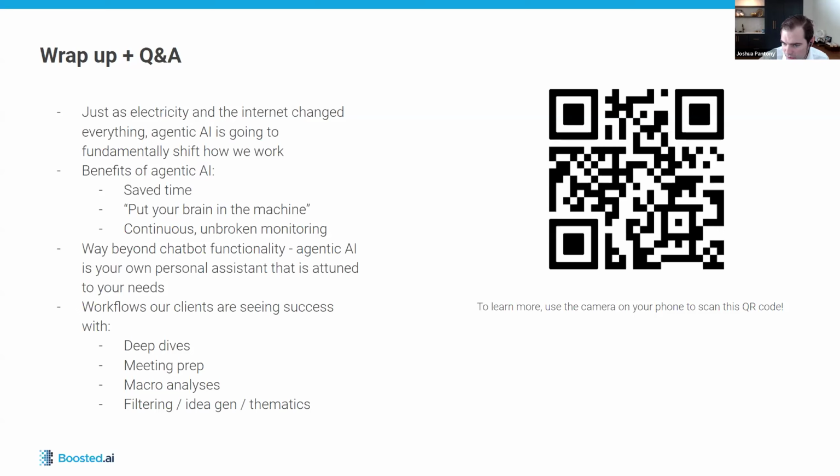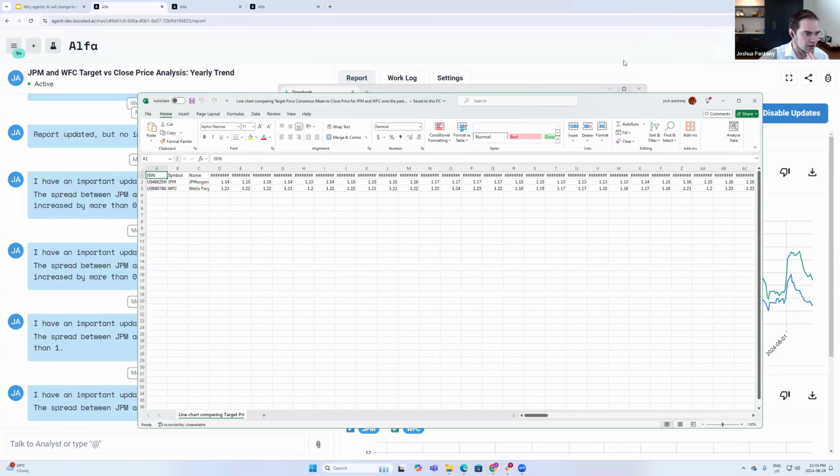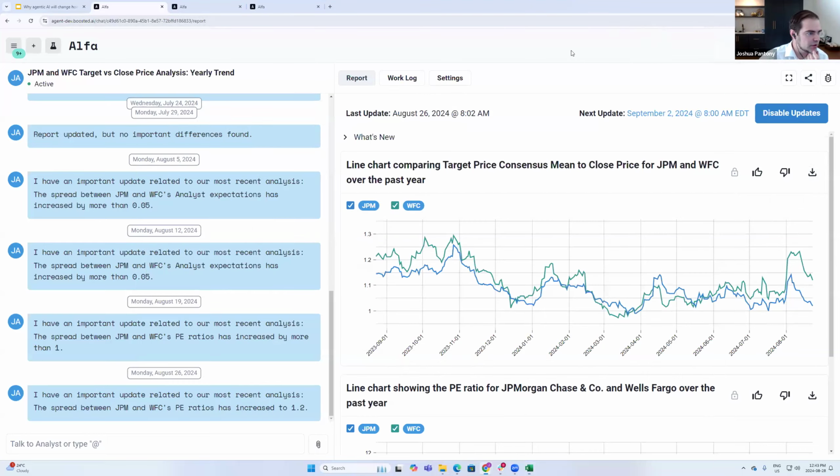Would it be valuable to add this data behind the chart that you can highlight? Yeah, so absolutely. I guess the other thing I should just really quickly show about everything on the screen is everything that gets produced, you can also download, right? So here, this is a really boring example. I've got price correlation between JPM and Wells Fargo. Click that and poof, this turns into an Excel with all the data that led into it.